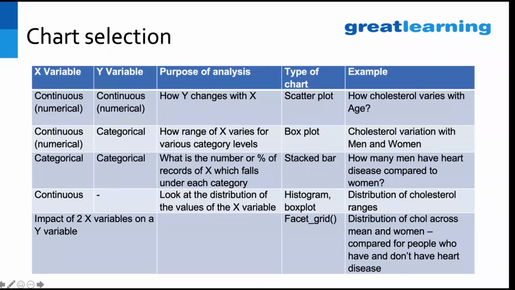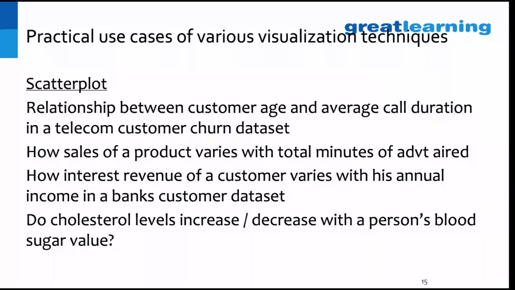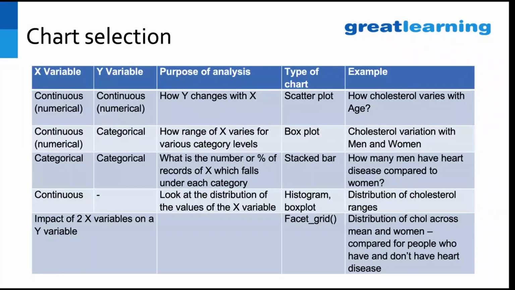So let's see, for example, you have continuous data. You're taking here two variables, X variable and Y variable. You're using that. So now you have to combine X and Y and see how the Y is changing with X. You come up with something called a scatter plot. You have seen a scatter plot, right? In the videos you would have gone through. So what does the scatter plot do?